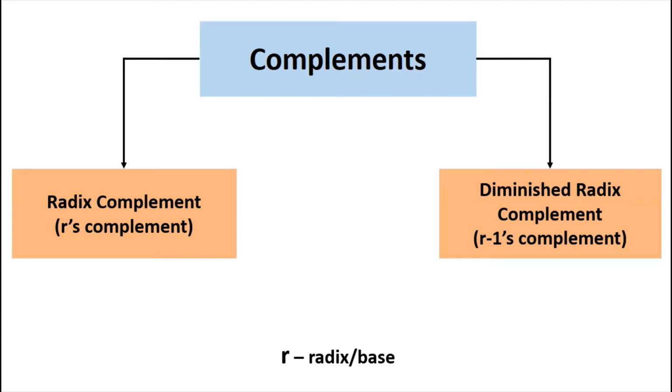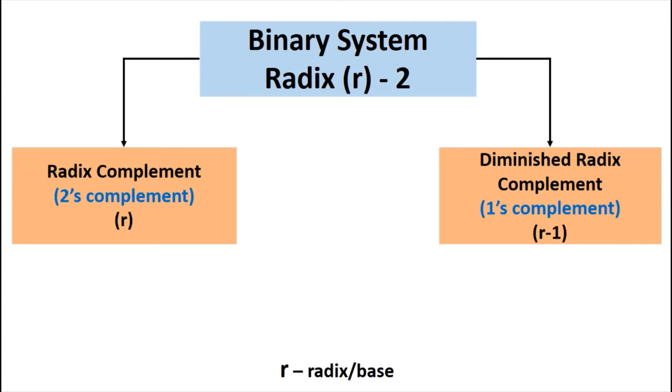So if our base system is 2, or we can say the radix is 2, then R minus 1, that means 2 minus 1, the diminished radix complement is called the 1's complement, and the radix complement is the 2's complement. Okay, so we will see the different number systems and their diminished radix complement as well as the radix complement. Let us start with the binary number system where the radix, or the value of